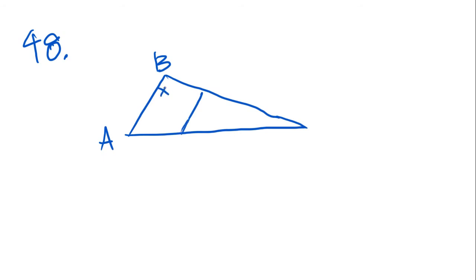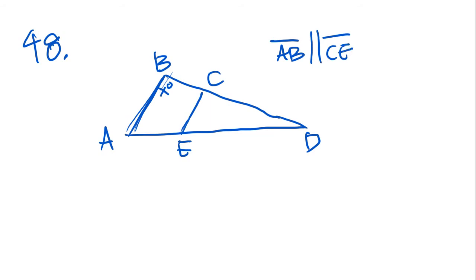Here it says x degrees, C, E, and D. And they say in the figure above, if line AB, which is this one here, is parallel to line CE, this one here, and the length of CE equals DE, so CE equals DE,